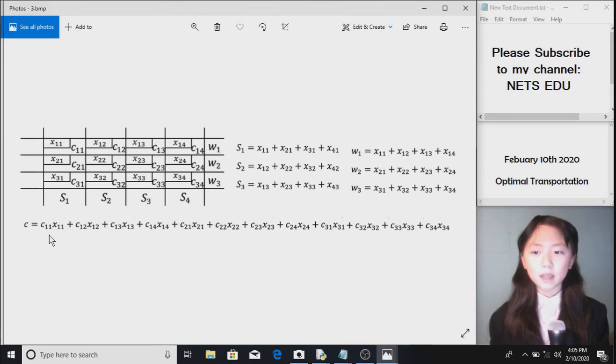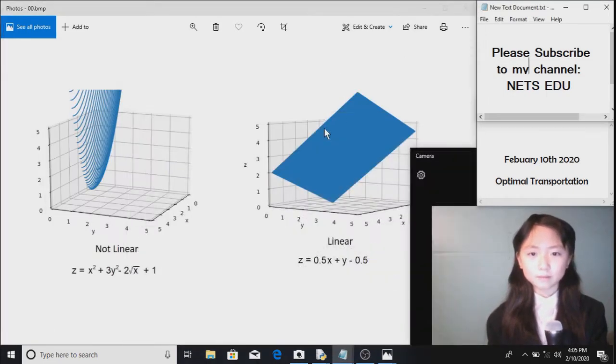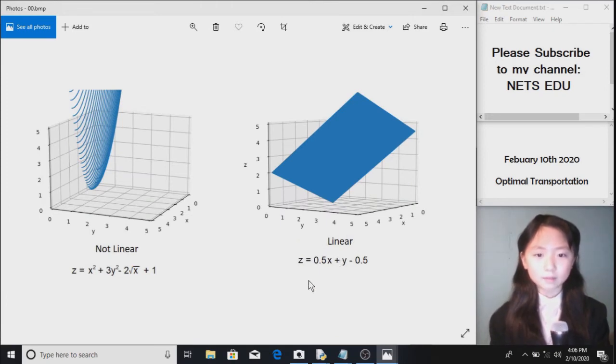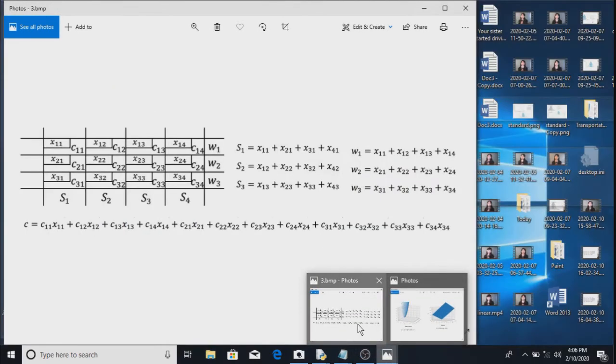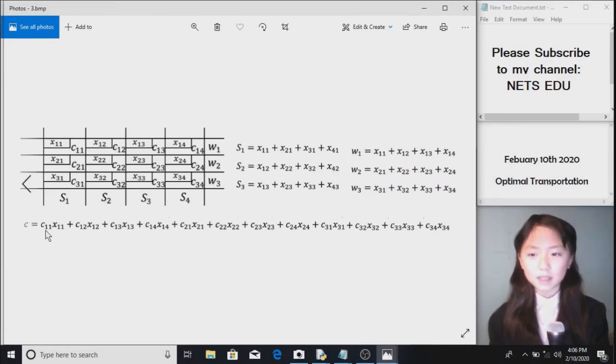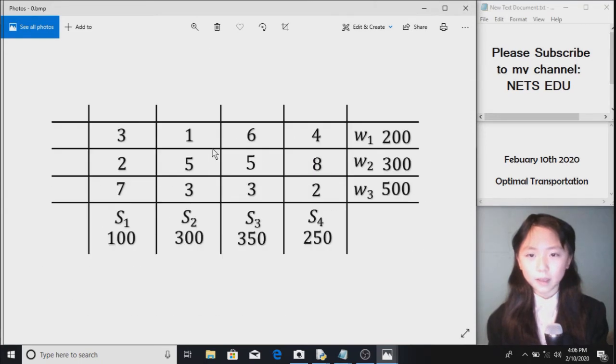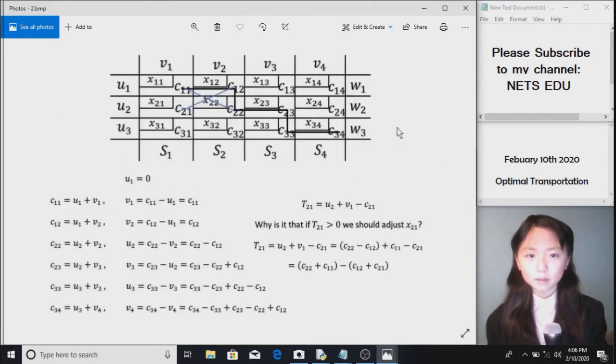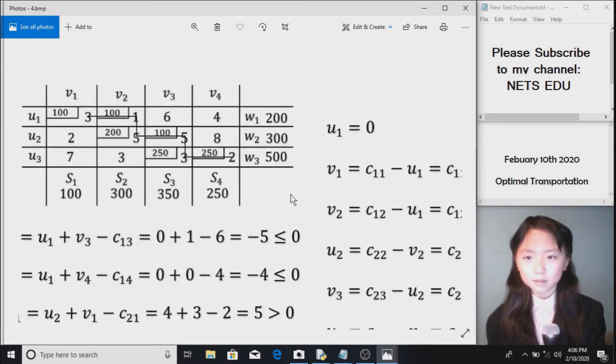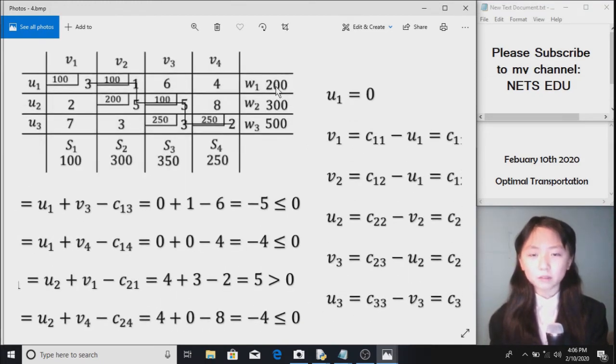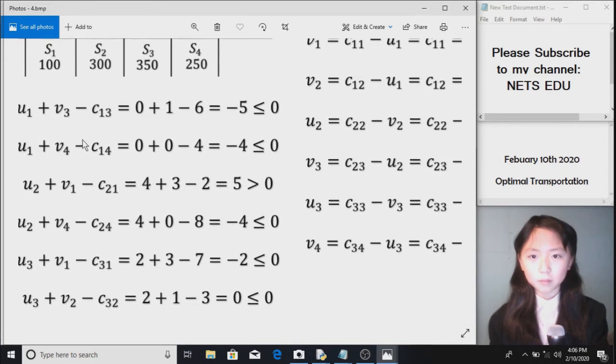A linear equation is when all of these variables are to the first power. Now, what good is that? When we have a linear equation, let me first go back to that picture. You can see that this linear equation has its restrictions. Here, the maximum amount warehouse 1 supplies is 200. So, over here in our formula,